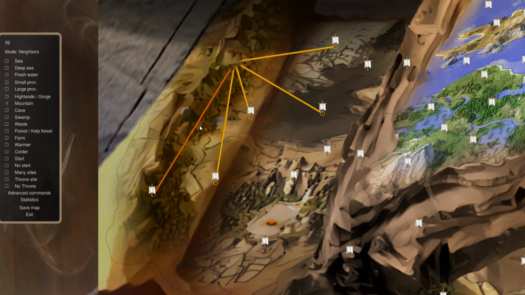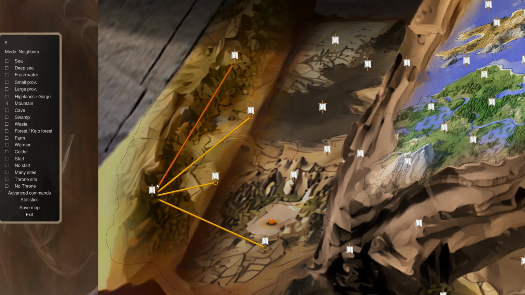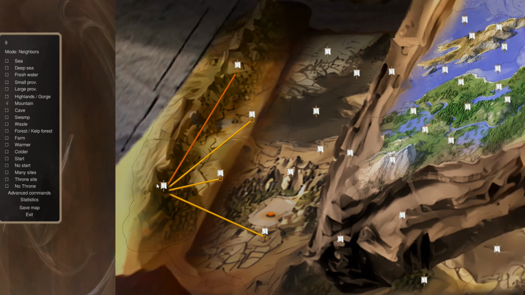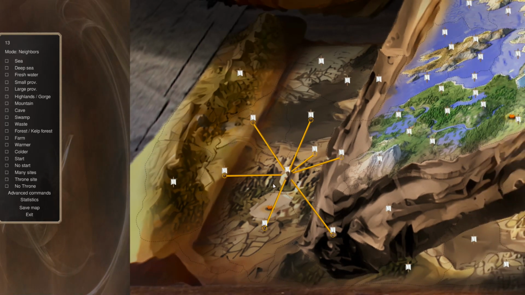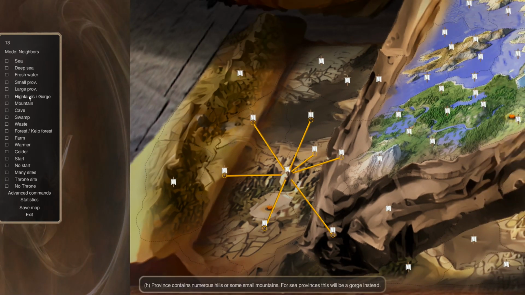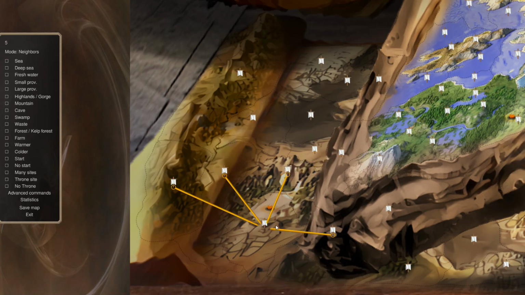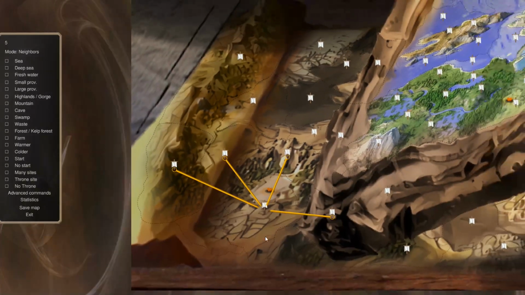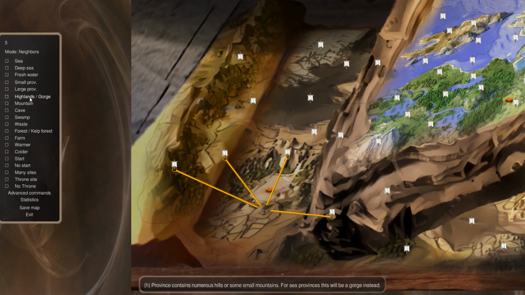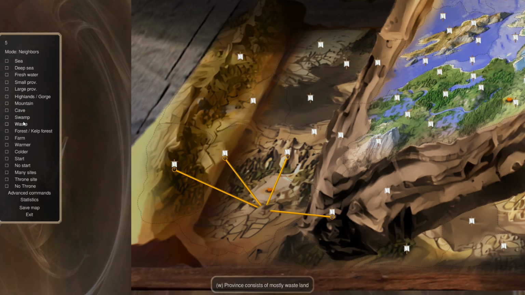Okay, so you're a mountain. You're a mountain. These are going to be highlands. I think this is a candle province. I think this candle province actually is a wasteland. Oh, I need to do all of the things when I go to it. So,